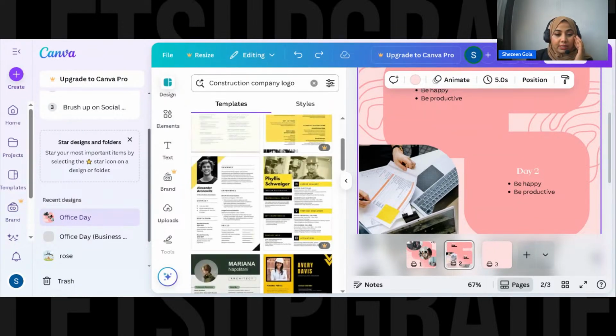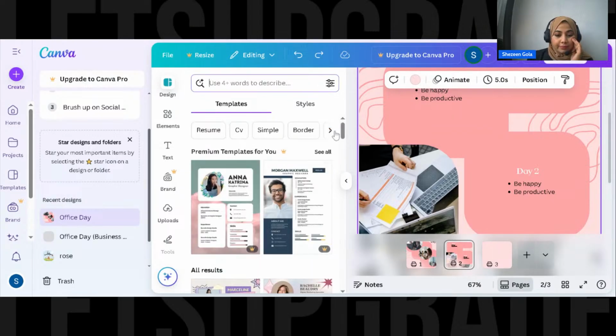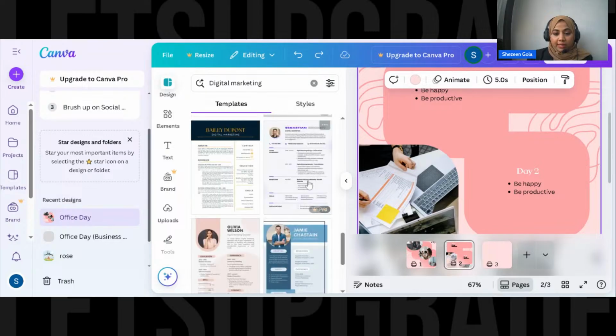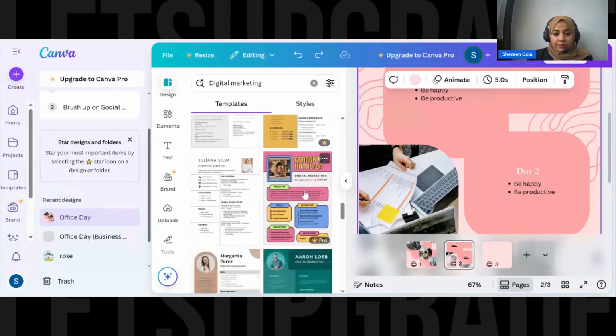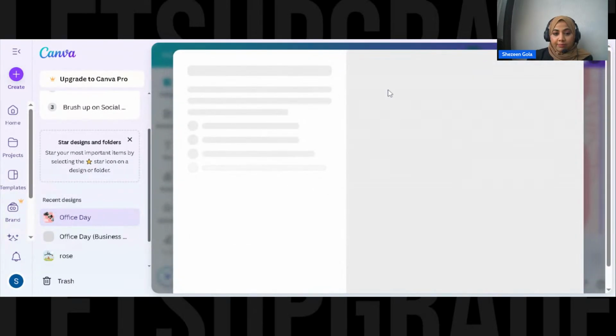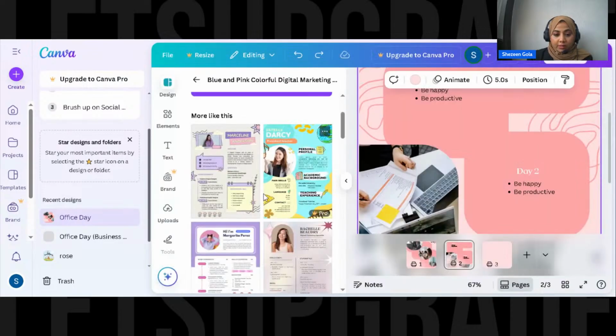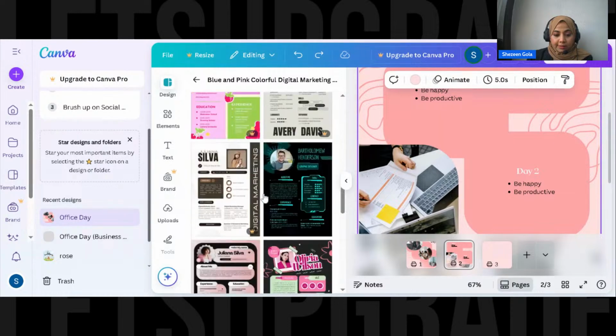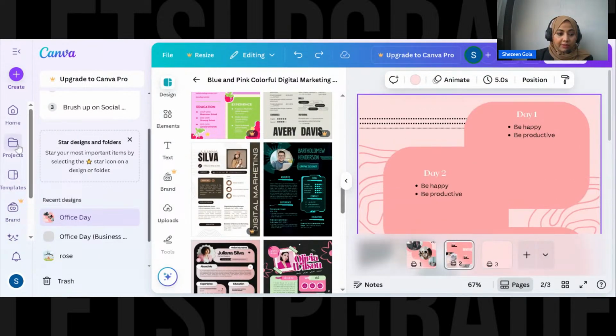And your designs. All these posts, you'll have it. I'm not getting anything creative out here, but you can have templates and everything out here. And these are all editable, which we have created.